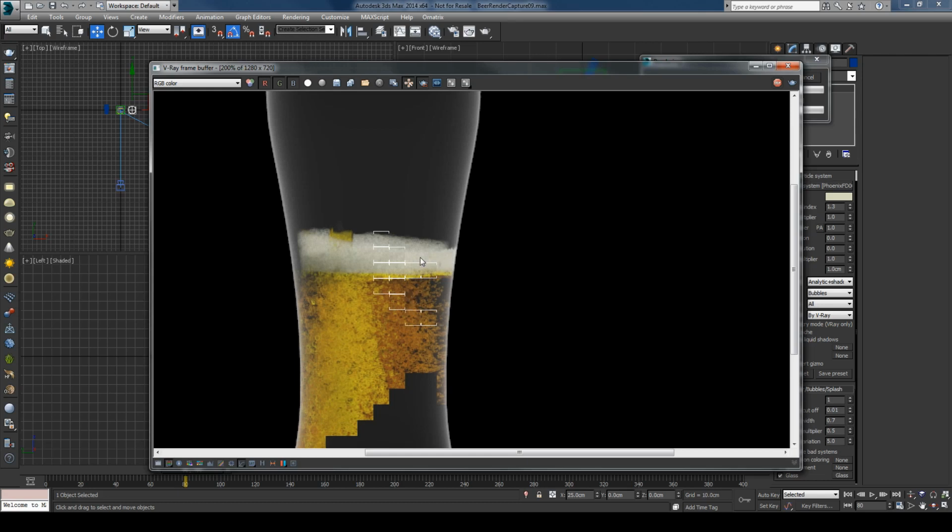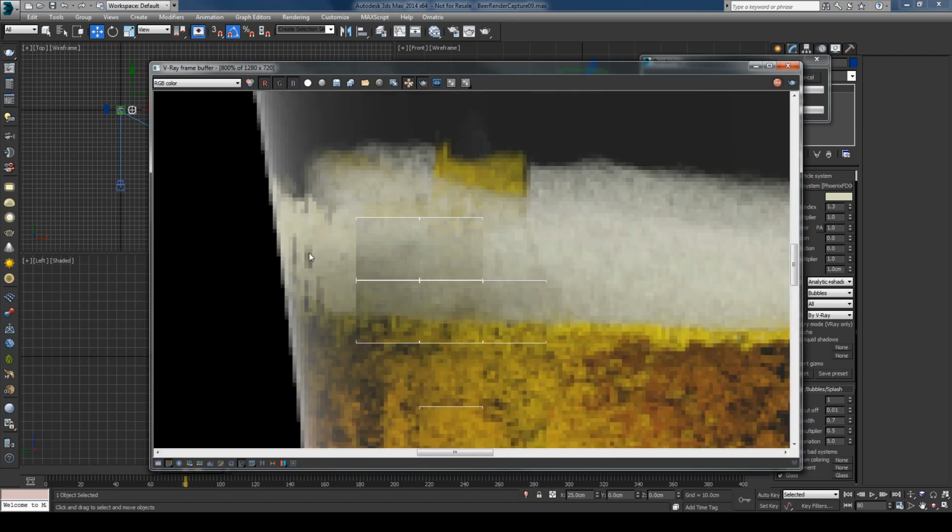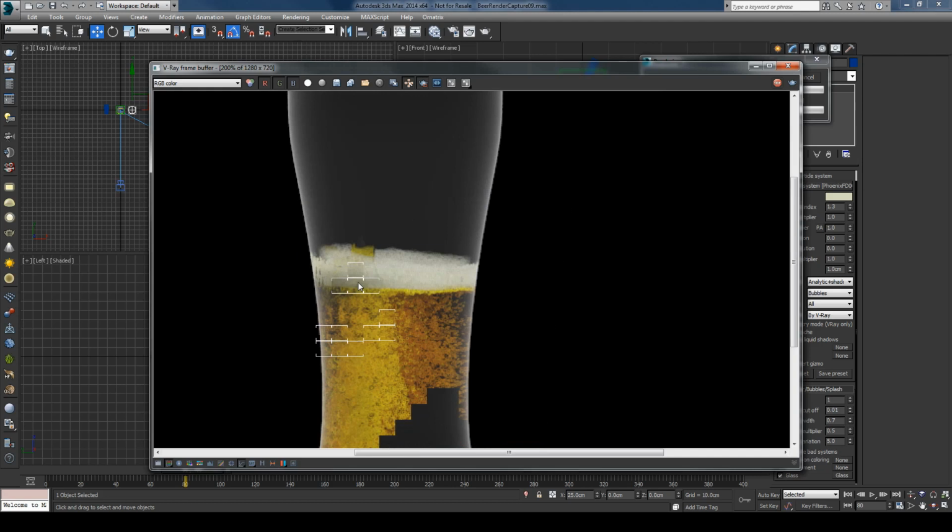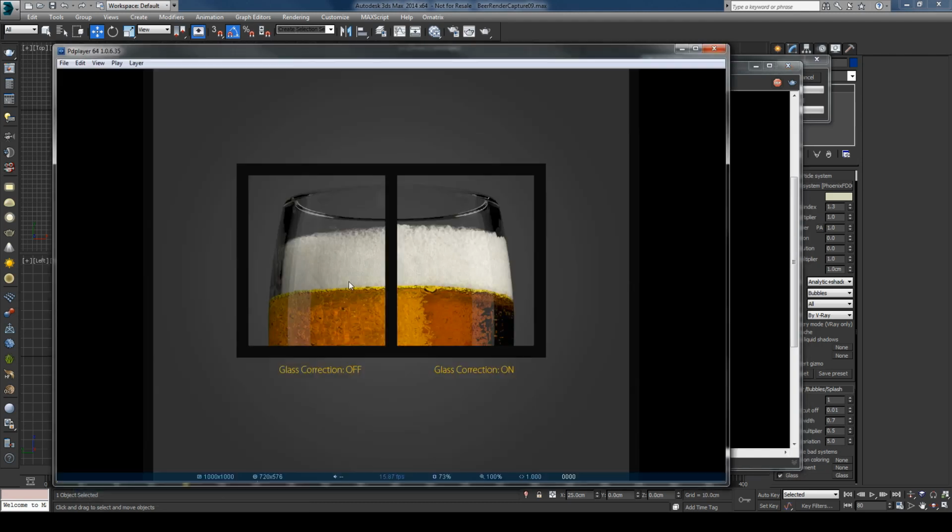And okay, it works, and let's check the other side. And the glass correction is okay, but I have these lines,